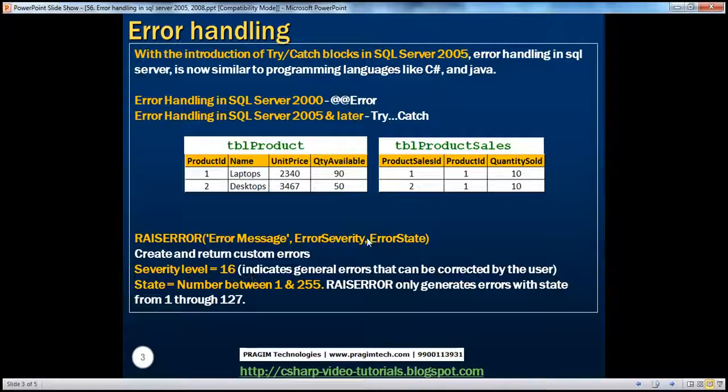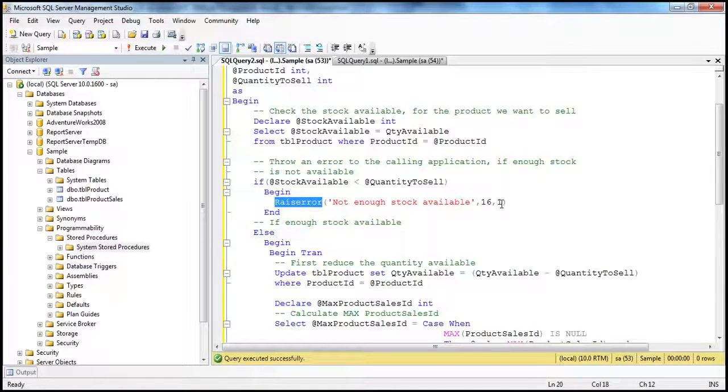And the final parameter is the error state, which is a number between 1 and 25. RaiseError only generates errors with state from 1 through 127. In our example, for the error state, we are using a value of 1. On the other hand, if there is enough stock available, we come into the else block, and within the else